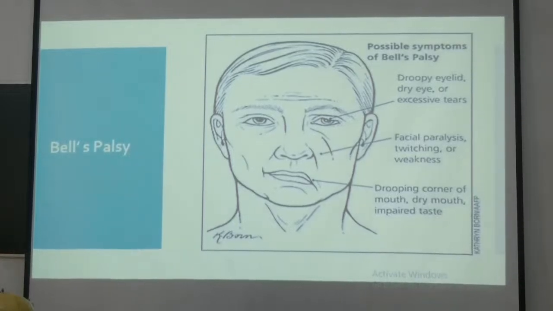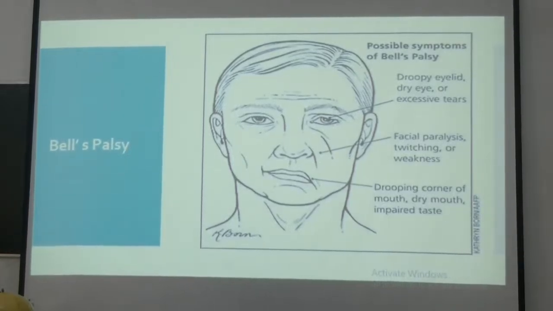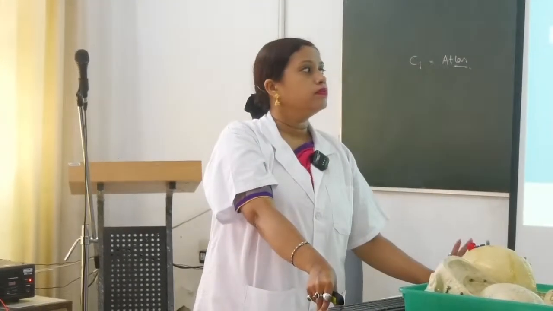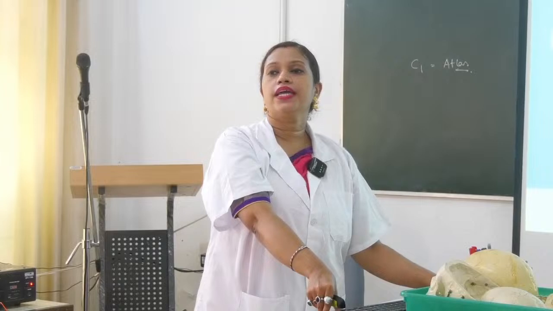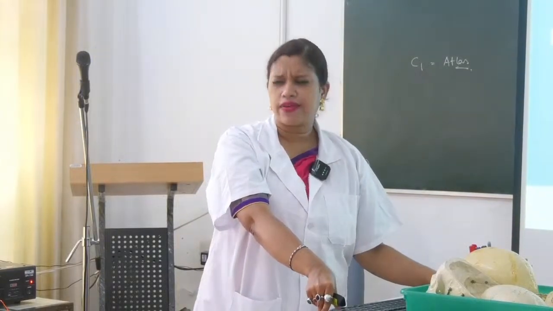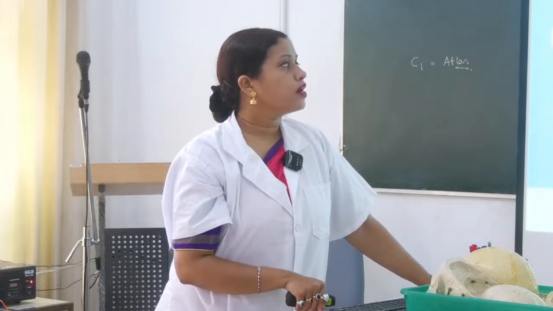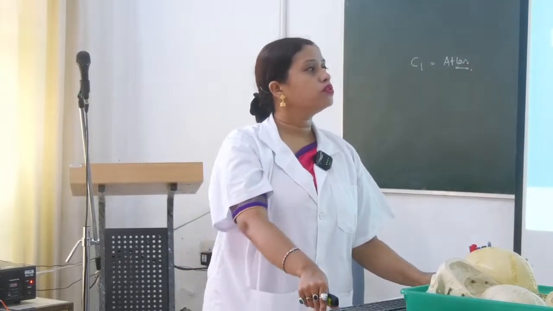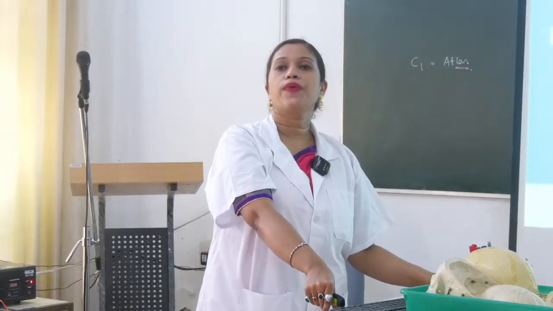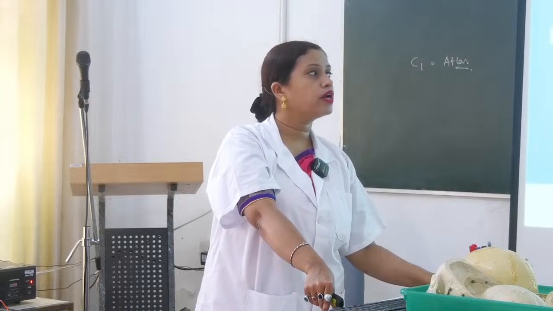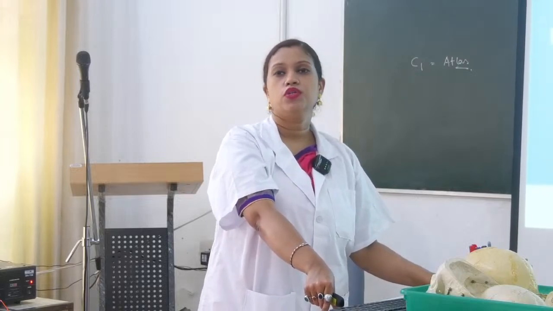And another one is drooping of the saliva. Write it down, the last one. The exact term is drooling. Drooling of saliva from the angle of mouth, and also drooping of the corner of mouth,